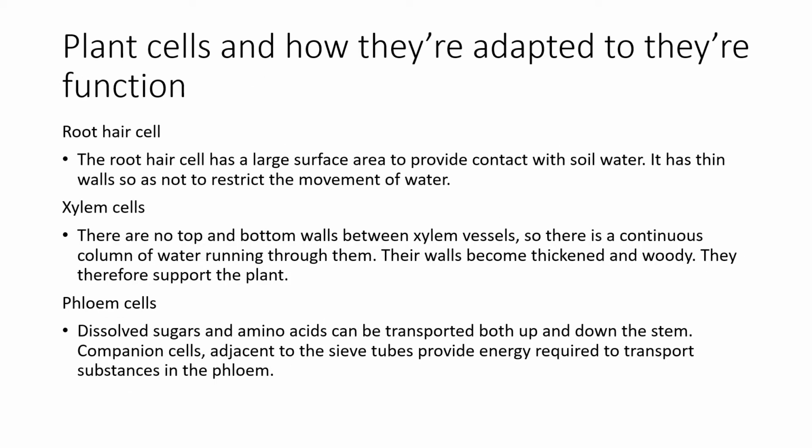So here are some examples of plant cells and how they're adapted to their function. Plants have root hair cells, which have a large surface area to provide contact with soil water, and they have thin walls so as not to restrict the movement of water. So if they have thin walls, that means the water can't really get out. And if it's big,